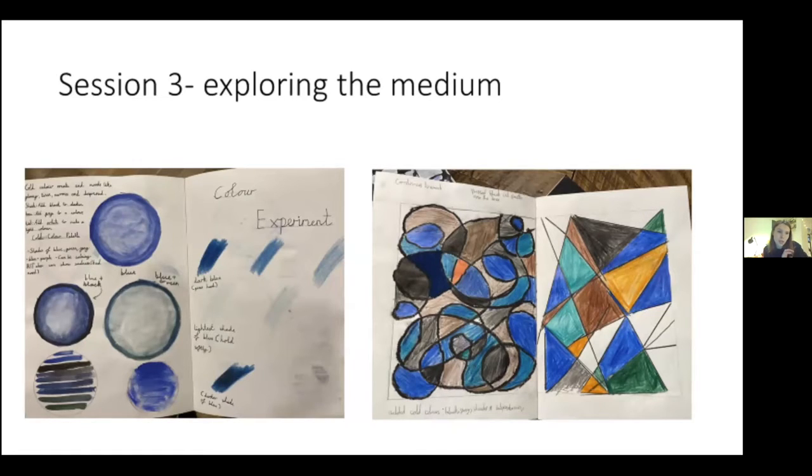Session 3 here was experimenting with blue. They looked at pastels first, how to shade and how to create light and dark with pastels, and then they did that with watercolour, looking at how to make different shades of blue by adding less and more water. And then they did these line walks here. They filled the pages with 2 different line walks, and they had to look at the artist, look at the colours that they could see in the artist's work, and add those colours in using watercolour, pastels and colouring pencils as well.